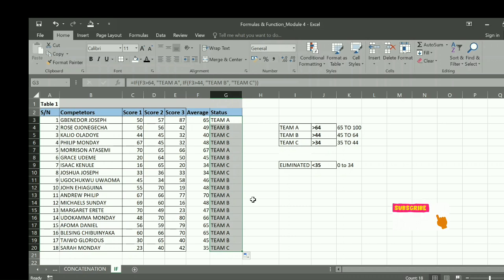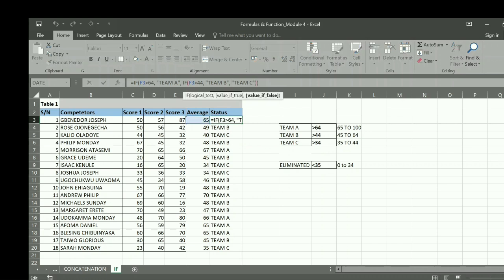We are going to exhaust what we have in our problem by establishing a condition that will also house that word, eliminated. So now for us, let's proceed. We are going to establish the third condition. We are going to add another if statement inside this if statement. So to do that, you take your mouse pointer to this place. Now you say if, let's click here,